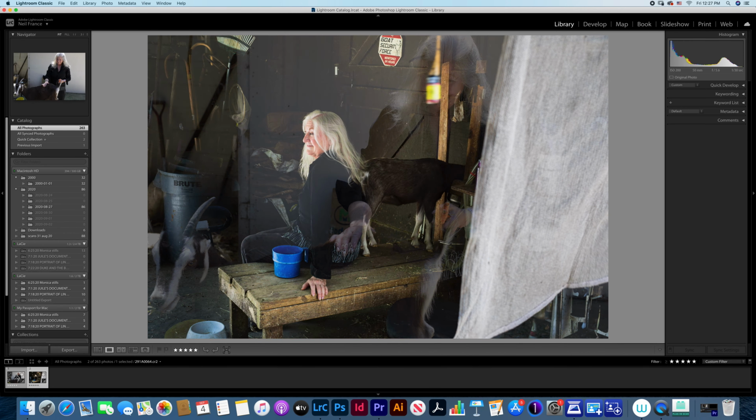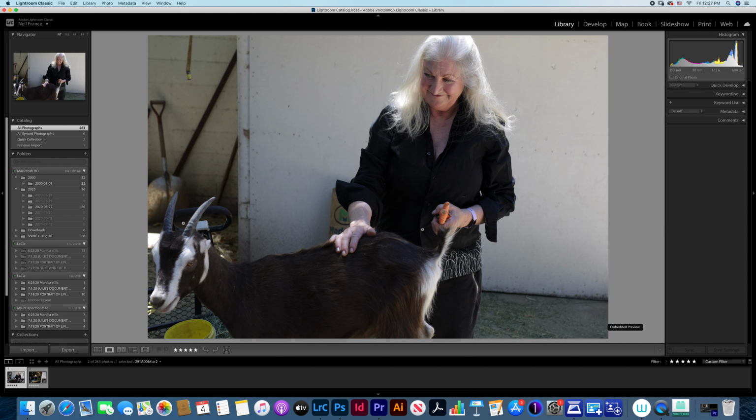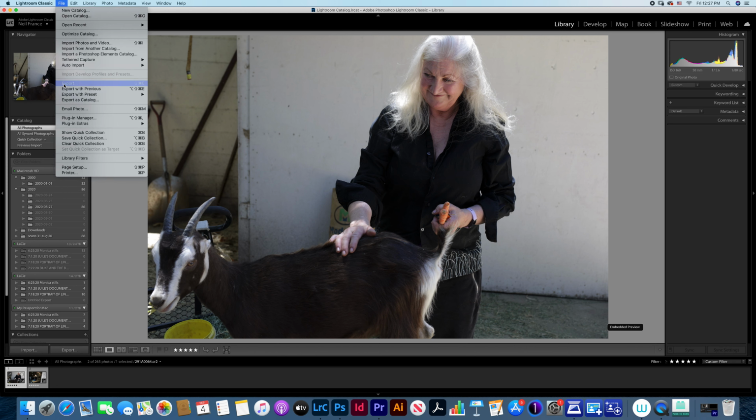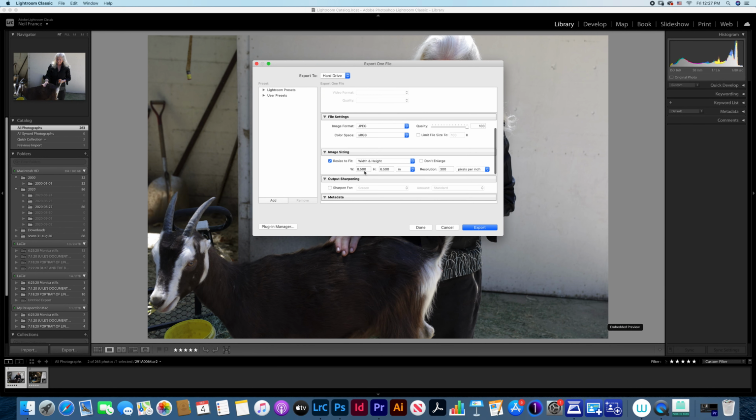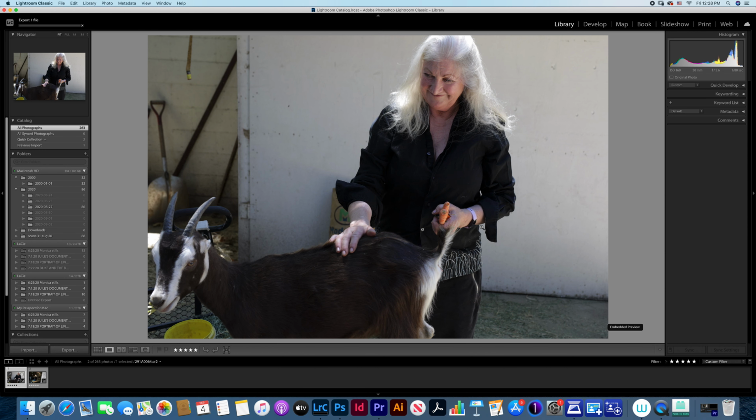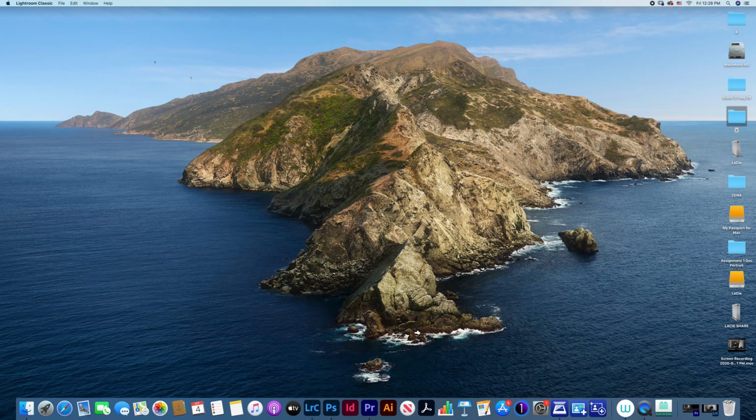We're going to now choose the next file, and I've decided this will be the supplemental shot. So we're going to go File, Export on this. And this size, we're going to change this. It's going to be 6.5 wide by 4.5 high. Okay? Those are our two sizes. Export that to folder X. And then we're just going to reduce Lightroom for now.